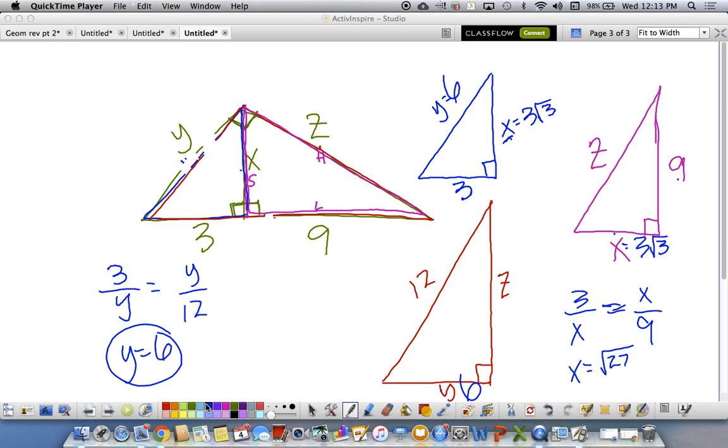When I saw this is 6, half the hypotenuse is the short side. I got very excited because I didn't have to do any more math. So 3, 6, 3 square root of 3. It's like the 1, 2, square root of 3. So this hypotenuse, half of it, what's Z? Z equals